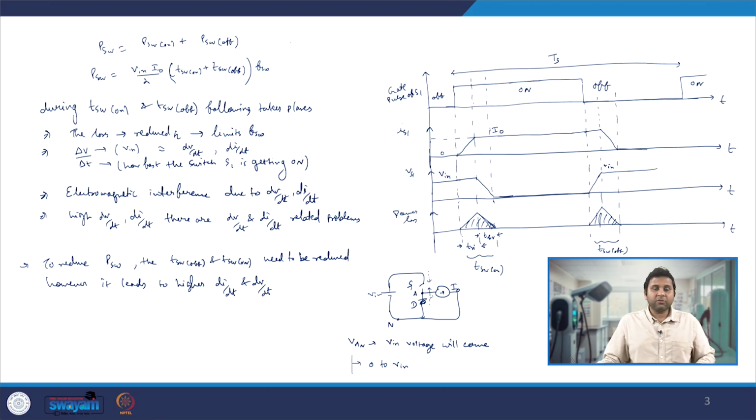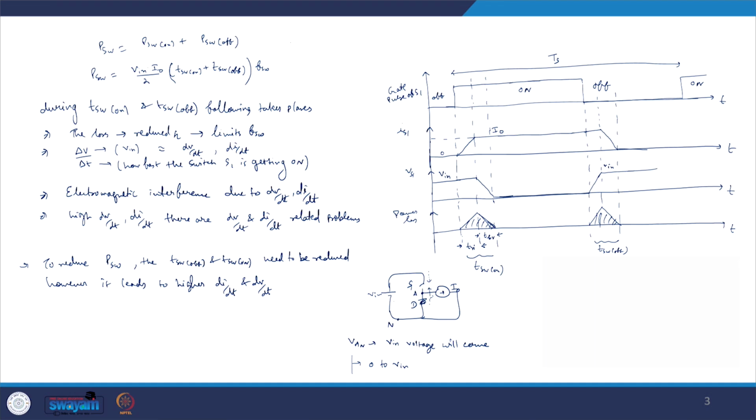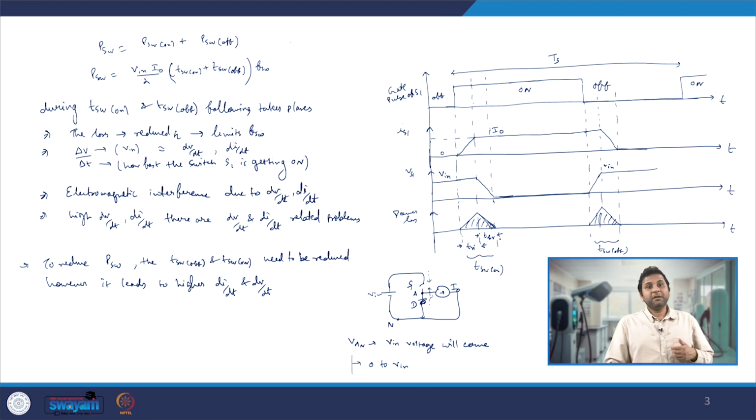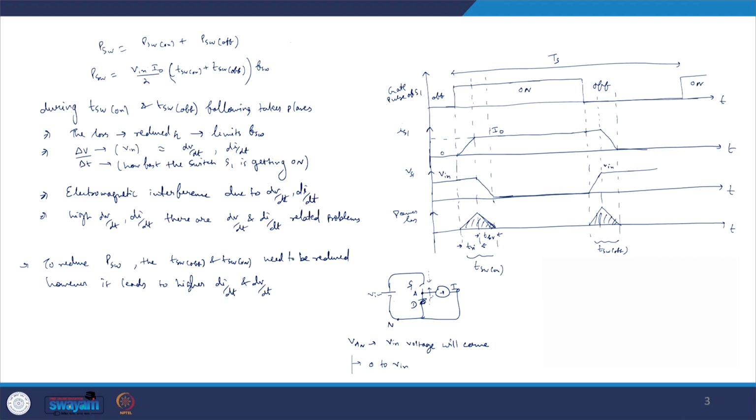Now since you have the control on these two things, you would like to have these two numbers to be as small as possible. But the moment you go for this number to be as small as possible, that means the transition during which the current switches and the transition during which the voltage switches will be very short. And since the transition time duration is very short, the dv/dts and di/dts are very high, and because of that there are problems related to high di/dts and dv/dts, like EMI performance gets problematic, or you have false turn-ons of the devices, and that leads to short circuit and oscillations in your gate to source voltages.